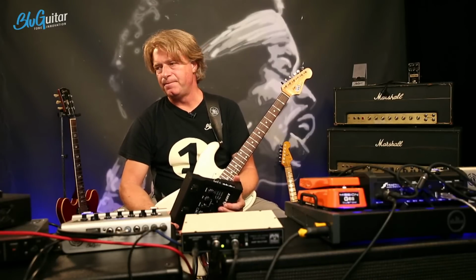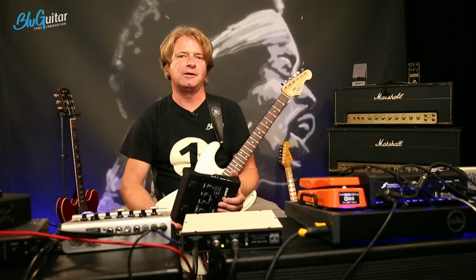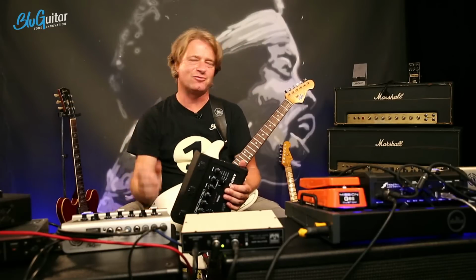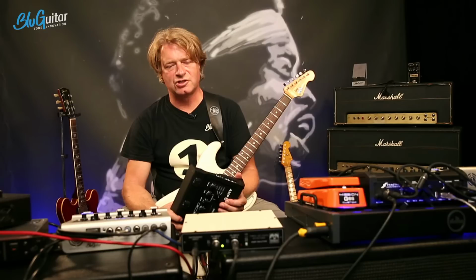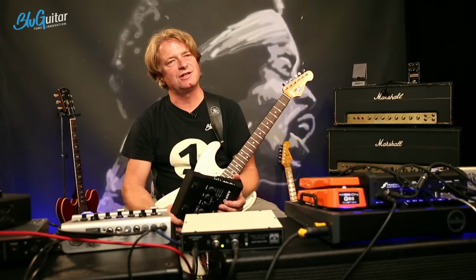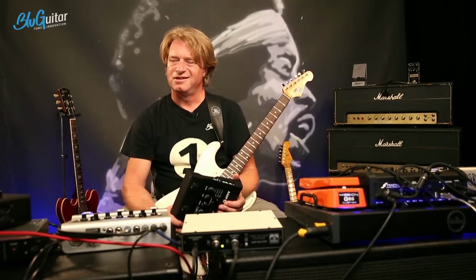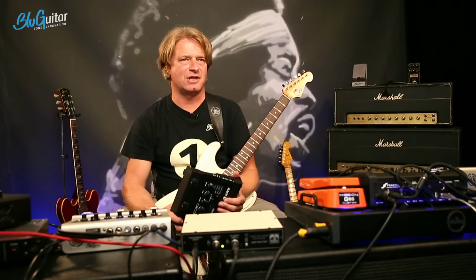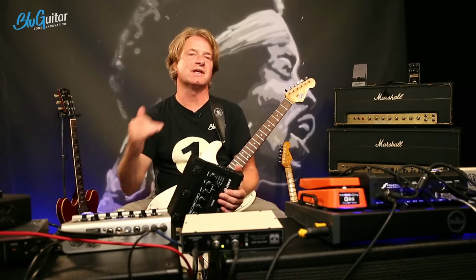Actually not. The 9 volt will work. The 18 volts give you a hair more headroom for the operational amplifiers in the Blue Box, which, if you are the super esoteric hi-fi guy, maybe you like, but to be honest, it's such a small difference, I wouldn't care. And one thing you should know about 18 volts: 18 volts is the limit on the